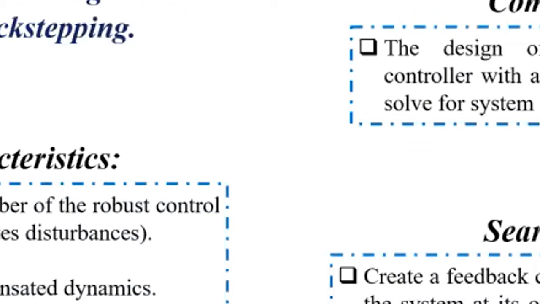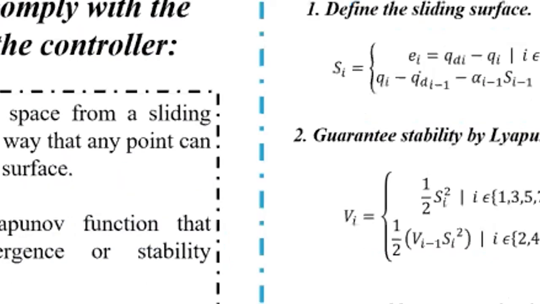This controller combines the design of a state feedback controller with a Lyapunov function to solve for system stability, and create a feedback control that stabilizes the system at its origin, independent of the number of possible disturbances. In order to comply with the objectives, the controller divides the state space from a sliding surface in such a way that any point can be related to the surface,